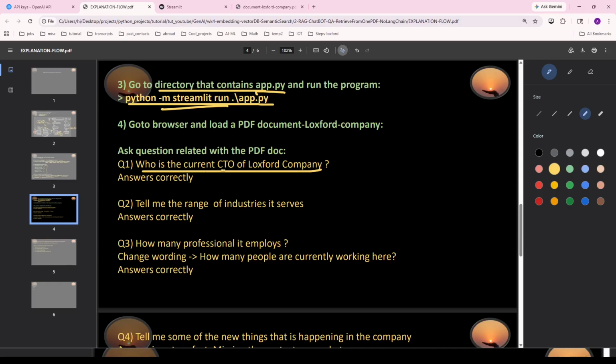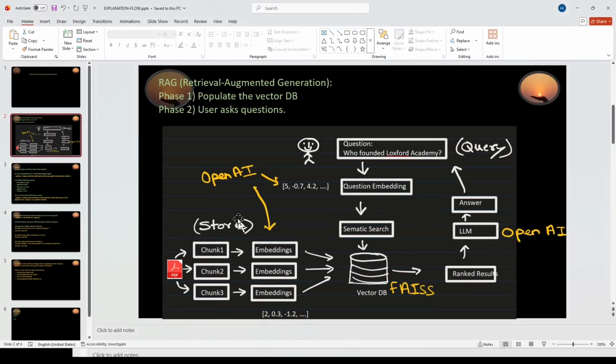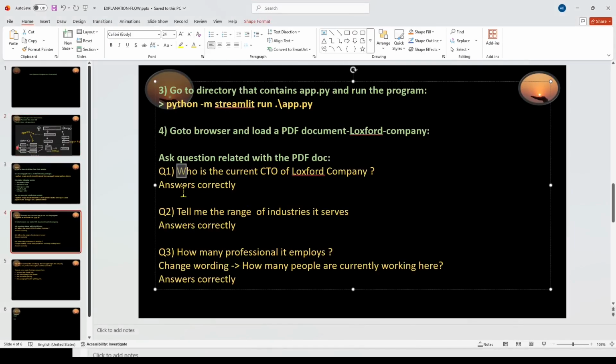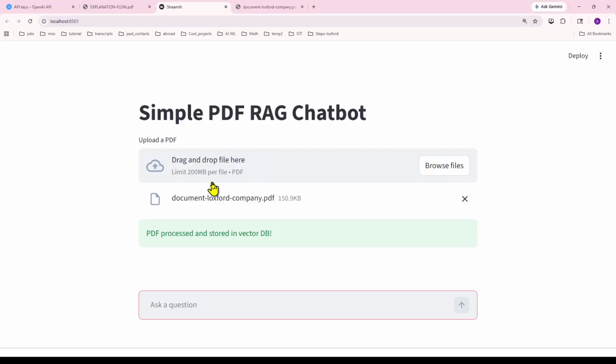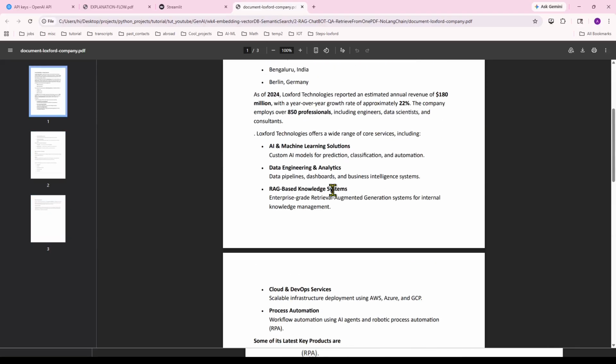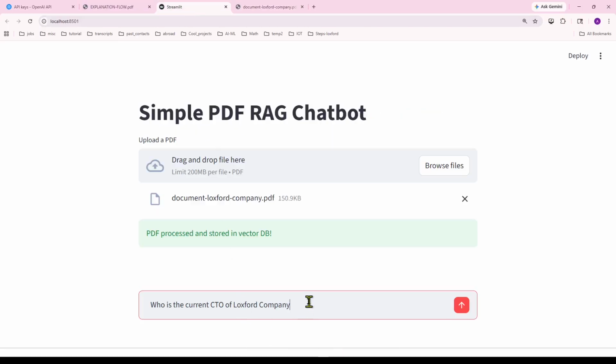Who is the current CTO of Lockswood Company? So let's go ahead and ask this question. I'm just going to copy and paste, don't have to type this. And by the way, let's find out first. According to the document, the current CTO is Anika Lomax. Let's see if it responds with that. So enter,